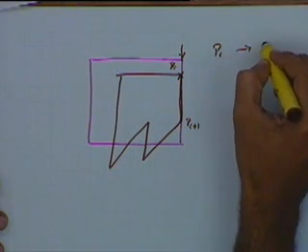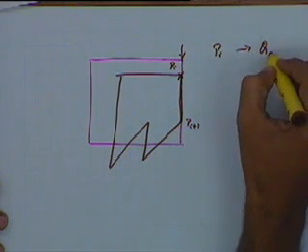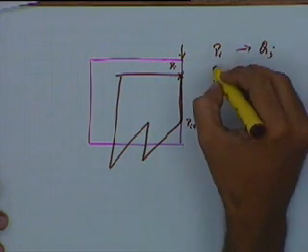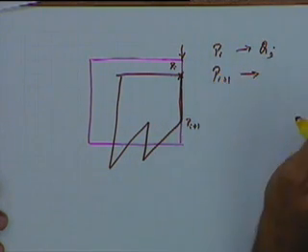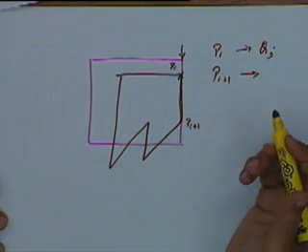Pi you have already processed and you have included pi in the output list. Now you have got a point pi plus 1. You know the coordinates of pi and you know the coordinates of pi plus 1. Now you have to decide whether to find the intersection or not. So you look at pi plus 1. Pi you've already included in the output list, which is, let's say, Qj. Now Pi plus 1, you have to decide whether this is to be included or not.